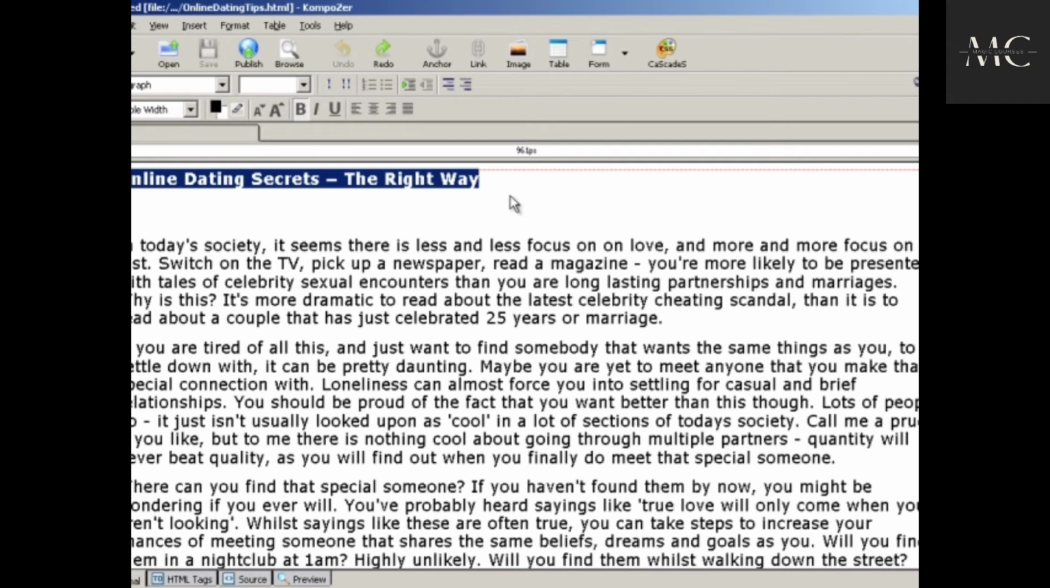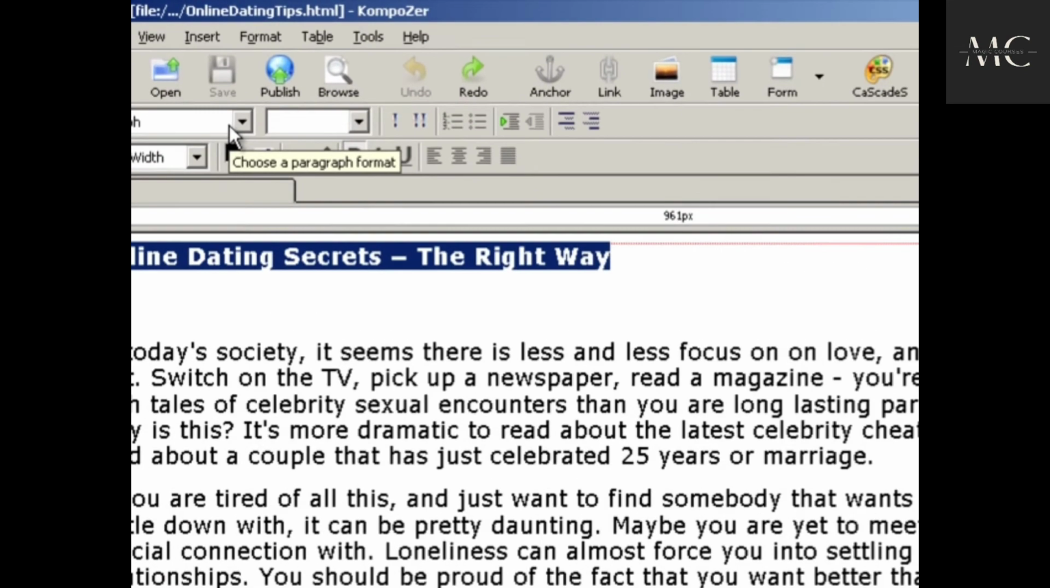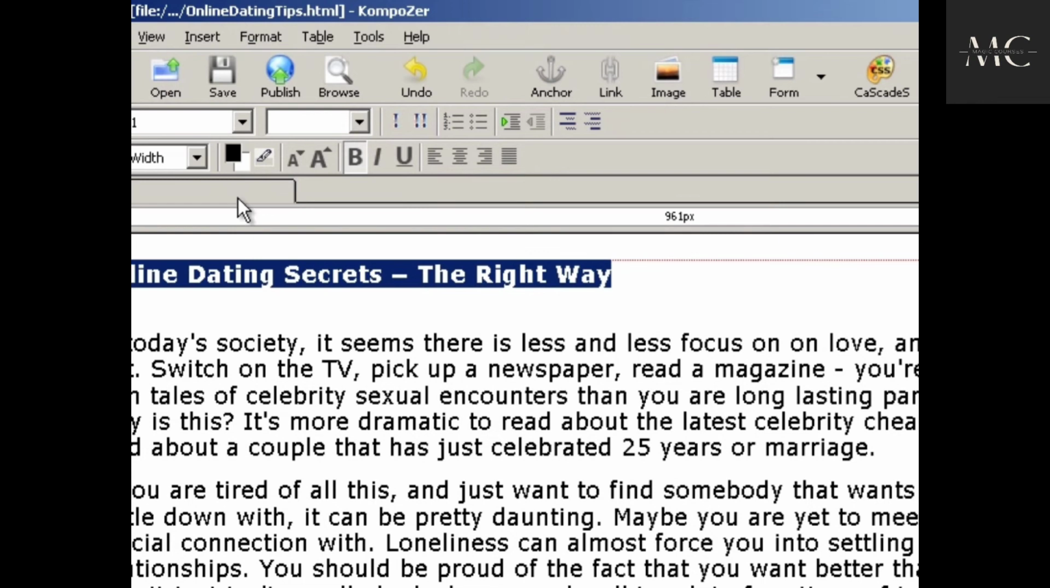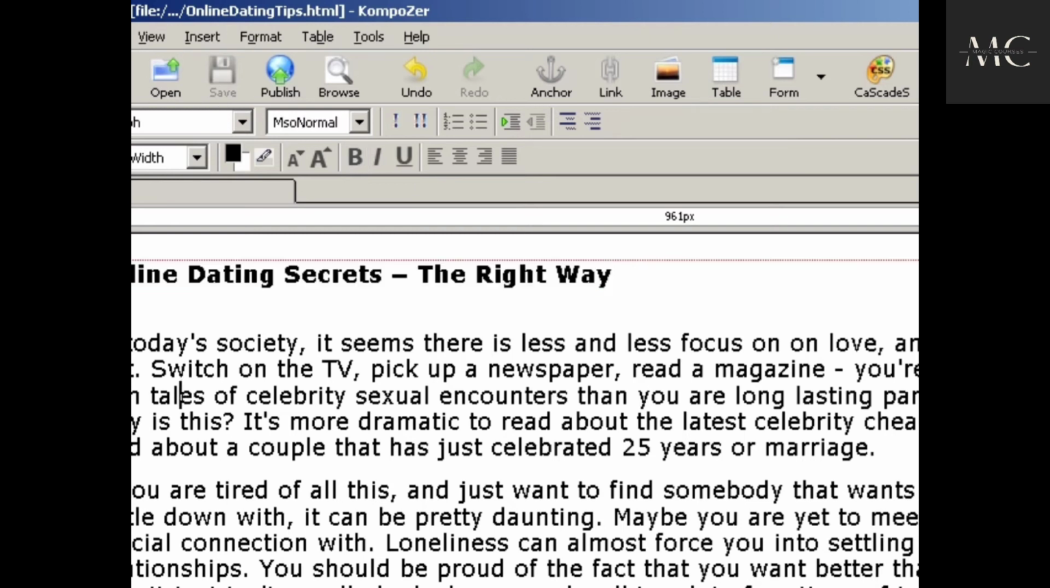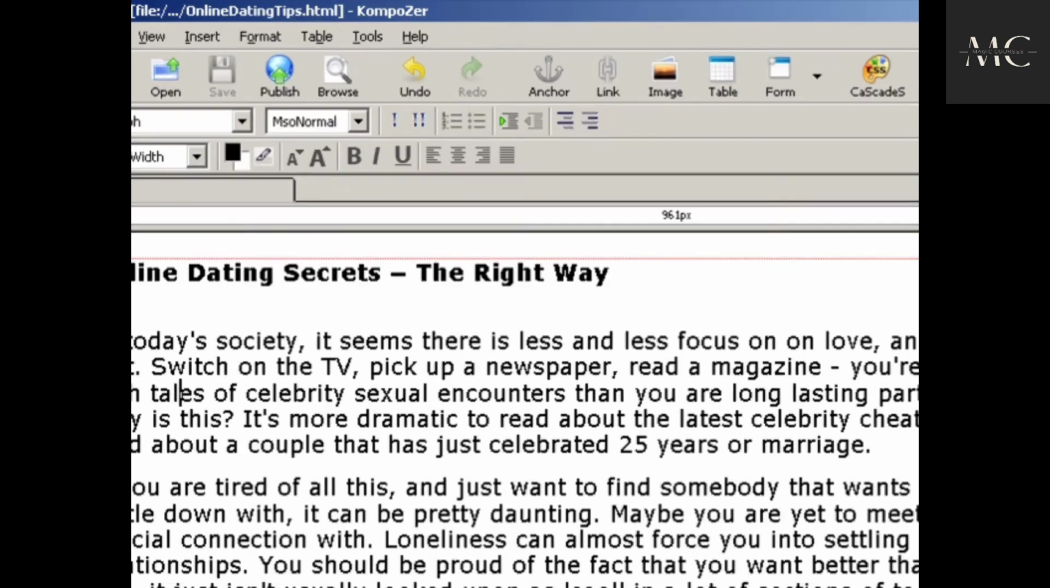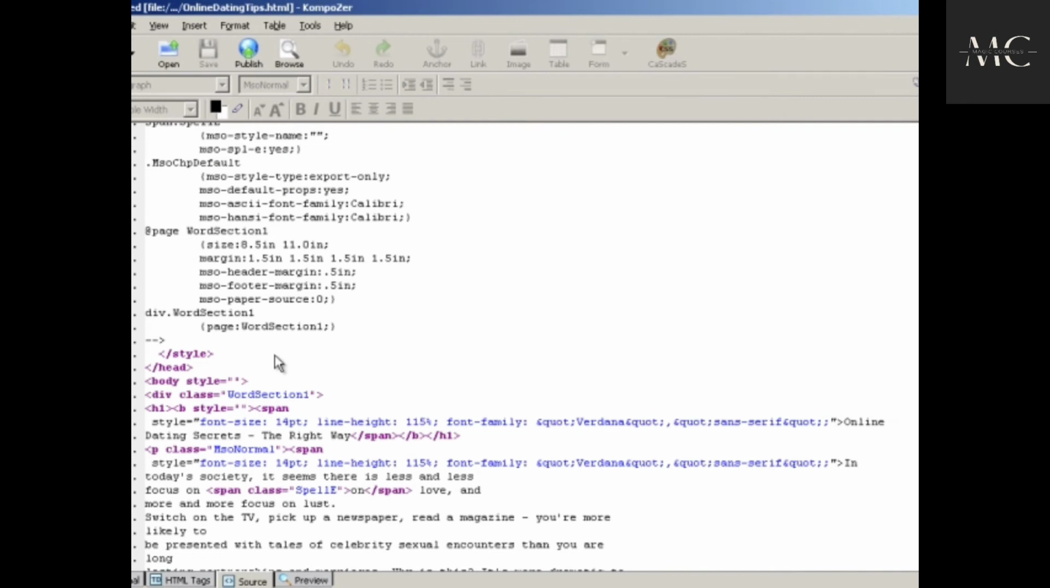Now how do you do that? Well, if you highlight the headline and you click on this here, click on heading 1, then you'll notice it says H1. So we've created an H1 tag. Click on save. Now one thing I want to show you, if we click on source,